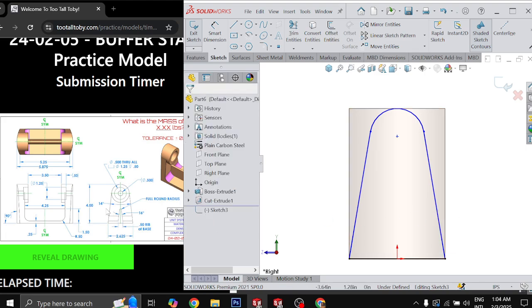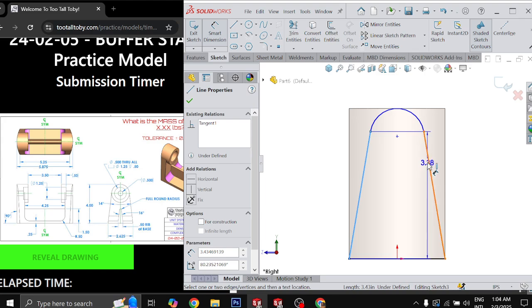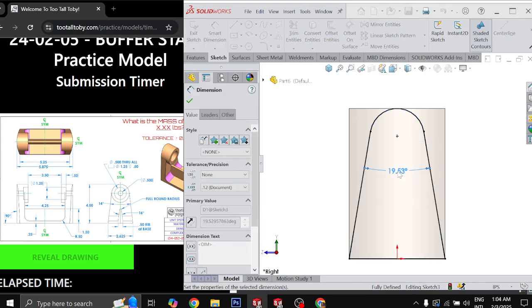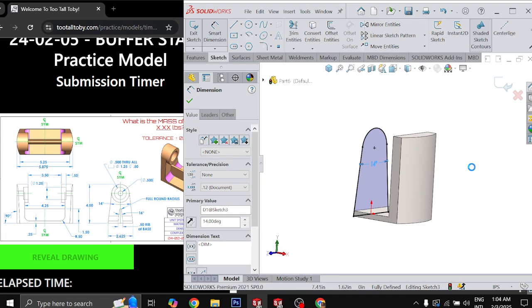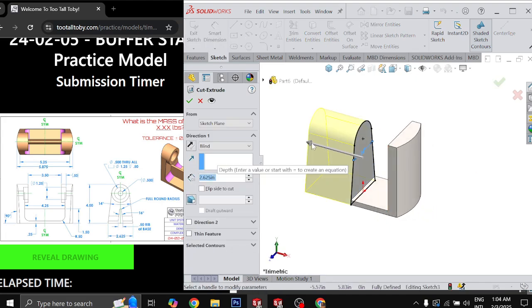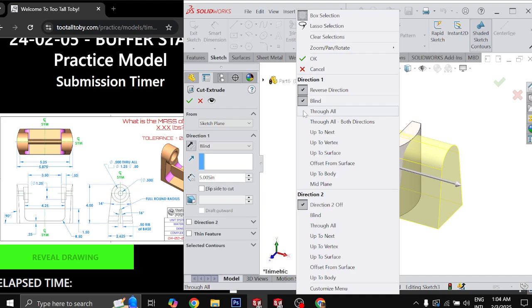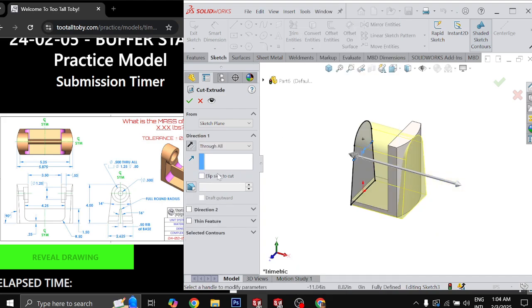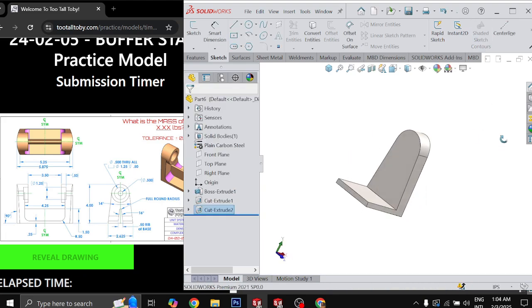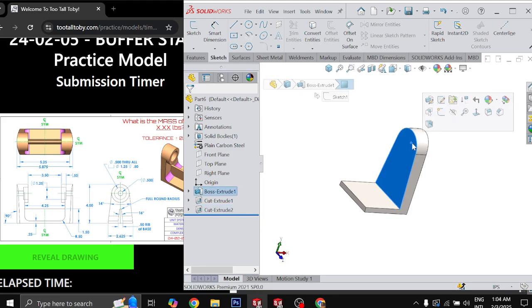Last thing we want to add is the degrees between these two lines, which is 14 degrees. Our sketch is fully defined. Let us go to cut extrude in this direction through all. We just need to flip the side to cut, as we only want to cut the outside portions. This cylindrical